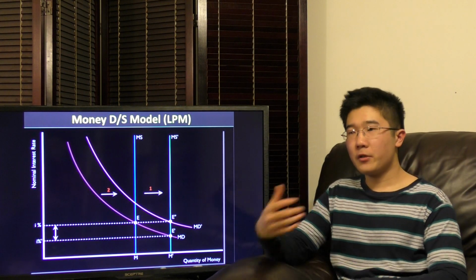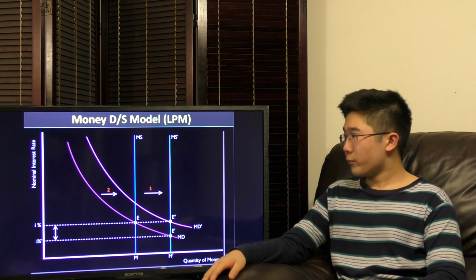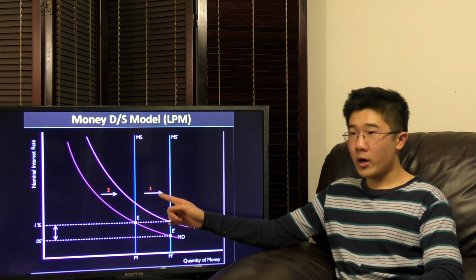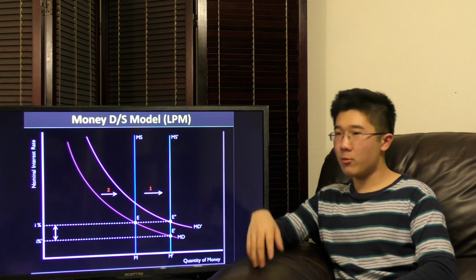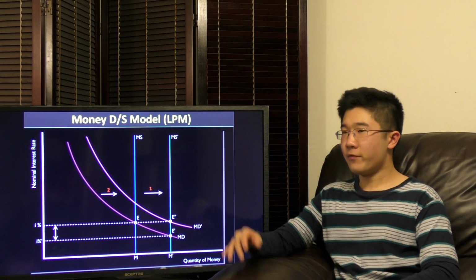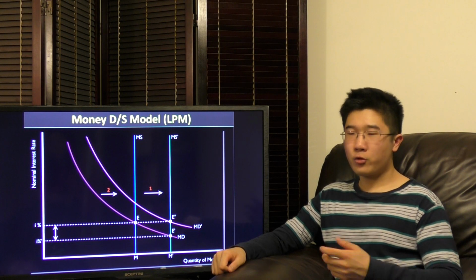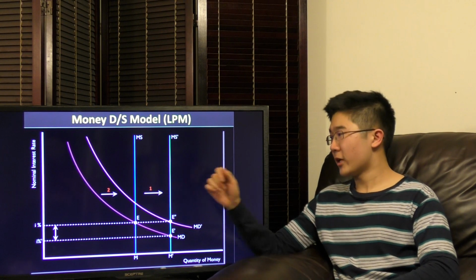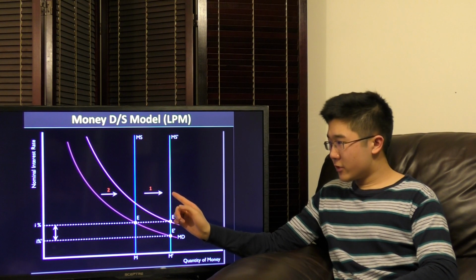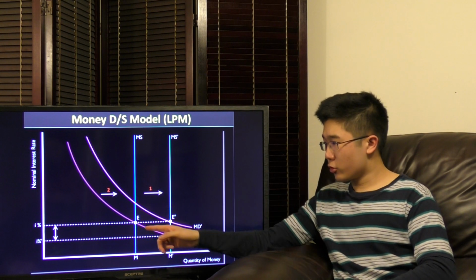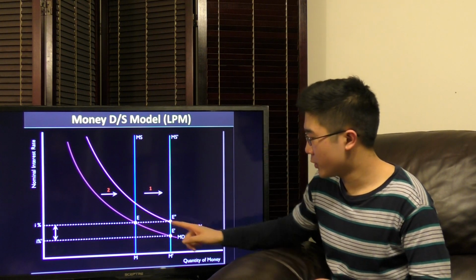So how does this look on the liquidity preference model, the money demand and supply model? We have number one, our first shift, the short-run shift, and our second shift is the long-run effect of monetary policy. Let's say the Fed controls the U.S. money supply and, through open market operations, increases it. This is our short-run shift, number one. As the money supply shifts to the right, on the same original money demand curve, we see our interest rate decrease from E to E'.